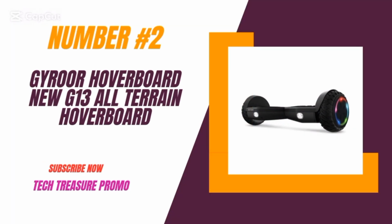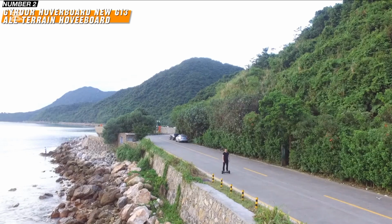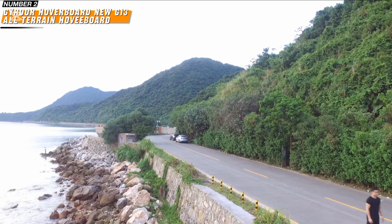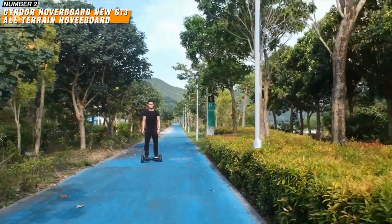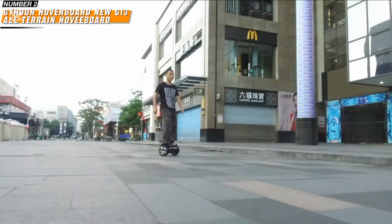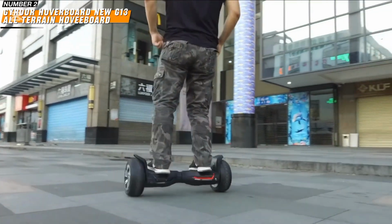Number 2. The Gyroor Hoverboard New G13. This all-terrain hoverboard with LED lights and a 500W motor offers an exciting ride for kids and adults. Let's explore its standout features. Dual 250W motors deliver powerful performance, allowing climbs of 15 degrees at a top speed of 7.75 miles per hour. The 6.5-inch non-slip rubber tires handle dirt,